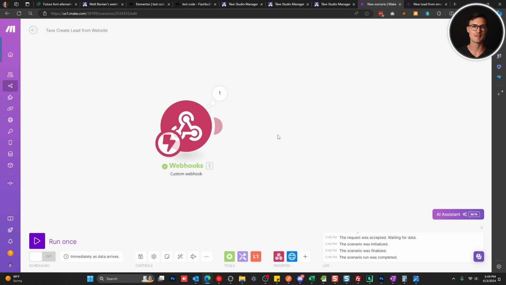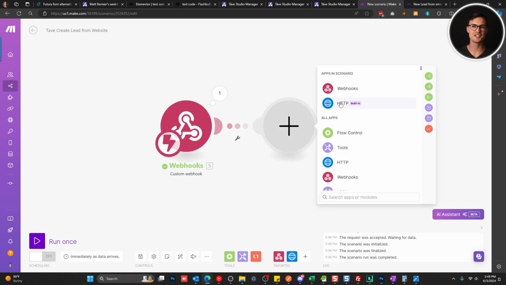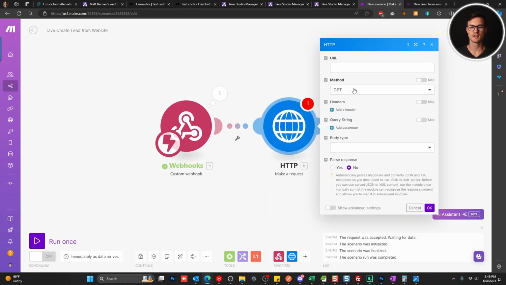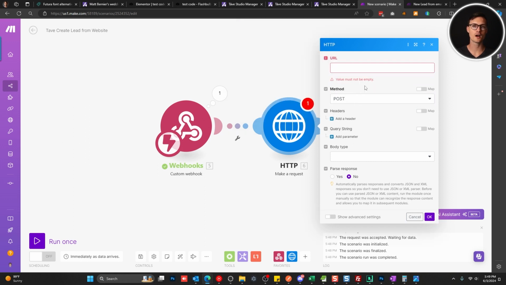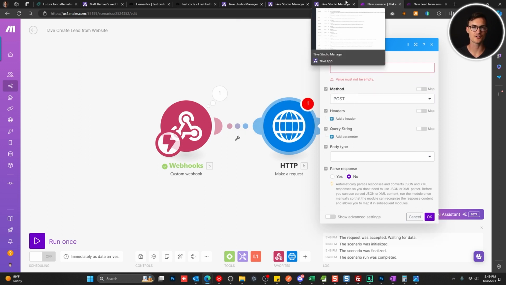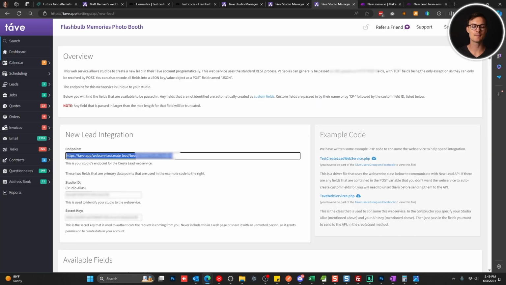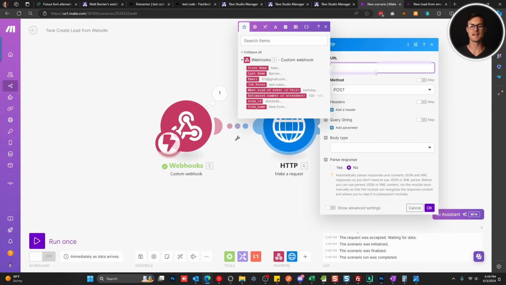Now the next step is passing it to Tave. To do that, we're going to add another module, the HTTP, and we're going to make a request, change this to post, and then for the URL, we're going to go back into Tave under the legacy new lead API, and copy this endpoint address. Paste that in here,